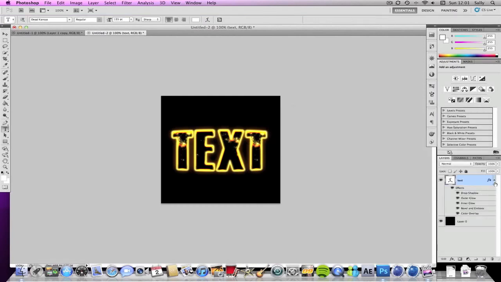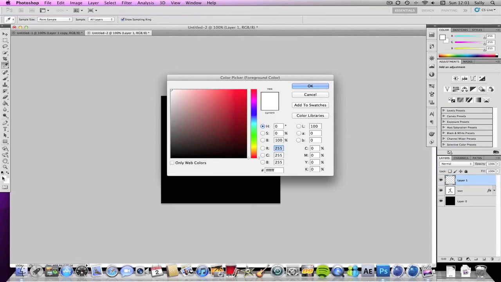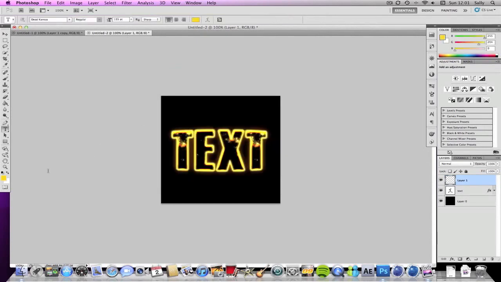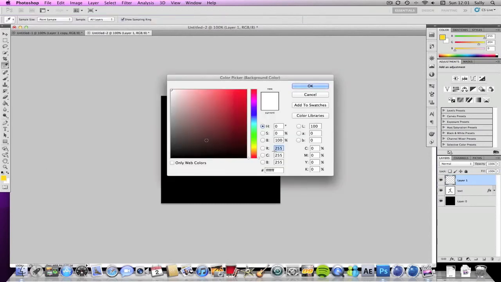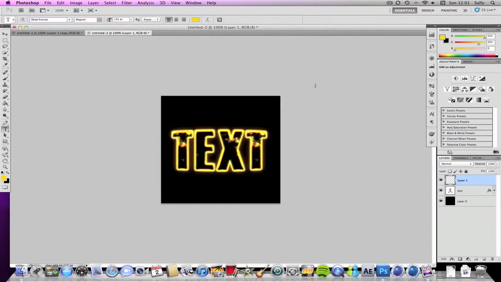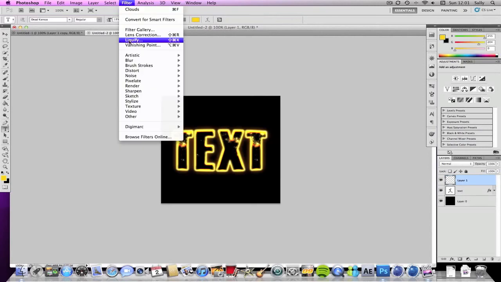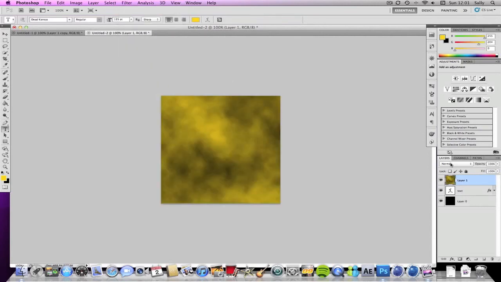Then you want to create a new layer above this text. And then on the colours you want to change the code to FFCC00, like that. And on the background colour you want to change that to black. Then all you want to do is go filter, render and clouds, and then change the blend mode to linear light,